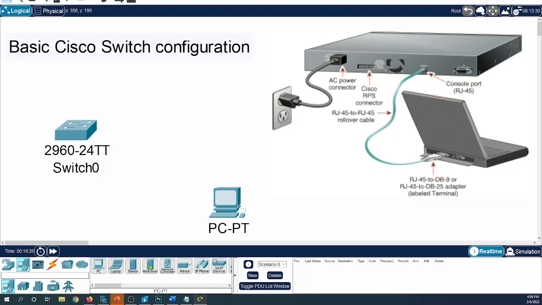When you unbox the switch and put it in the rack, the first thing you need to do while you are in the data center is configure the switch via the console cable, as you can see right here. It's plugged into the back of the switch on a port labeled console. The console cable is also called a rollover cable. One side has the RJ45 that goes to the console port on the switch, and the other side is either